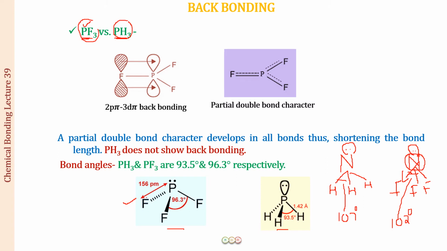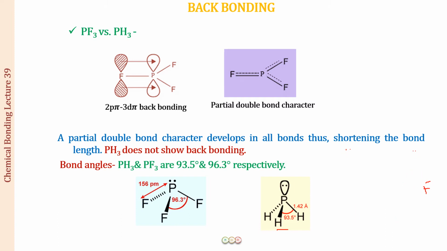Fluorine has donated its electron pair to be shared with phosphorus, so there is going to be an increased gain of electron density on phosphorus, and therefore there is going to be more repulsion between the bonded pairs of electrons, and the angles are going to increase. So in PF3 and PH3, the variation of the bond angles, you can now understand, is because of back bonding, whereas in NH3